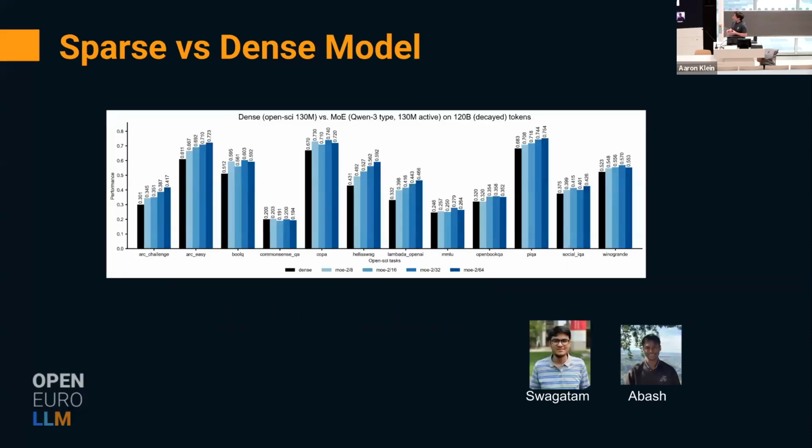We did some preliminary experiments here by Sagatan and Mabash, where on a fixed scale, we compared our dense models with our MoE models and achieved quite an interesting or promising gain in downstream evaluation. Again, this is on a fixed scale, so in order to make sure this holds for larger scales, we need to run this on multiple scales and see that the trend essentially stays the same compared to the dense models.